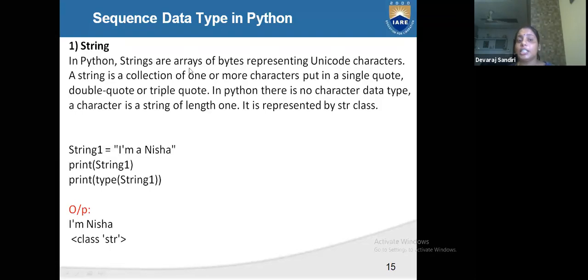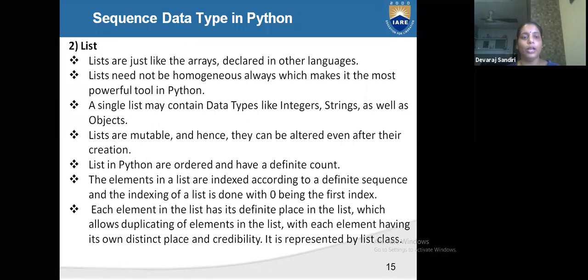Python strings are arrays of bytes representing Unicode characters. A string is a collection of one or more characters in single quote, double quote or triple quote. When we write in a single or double quote, it stays on a single line. When we write under triple quote, we can write multiple lines.